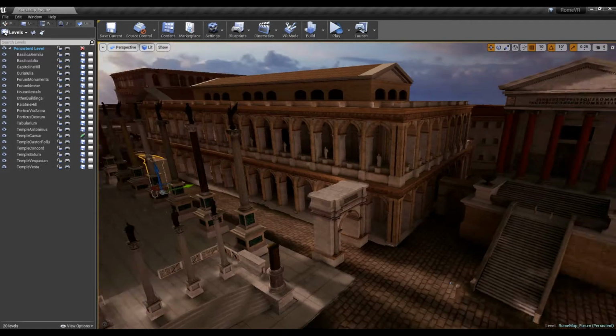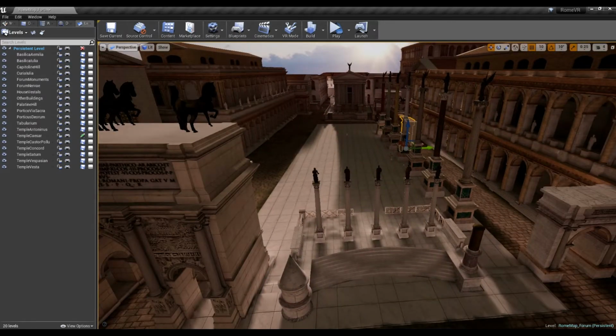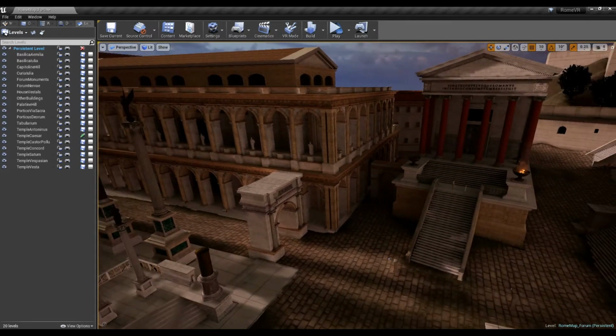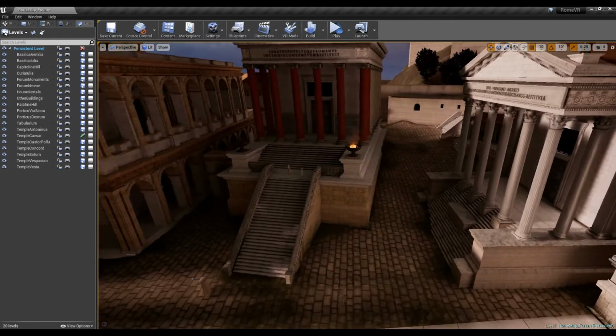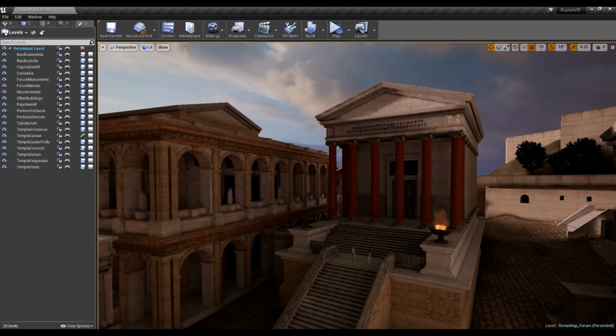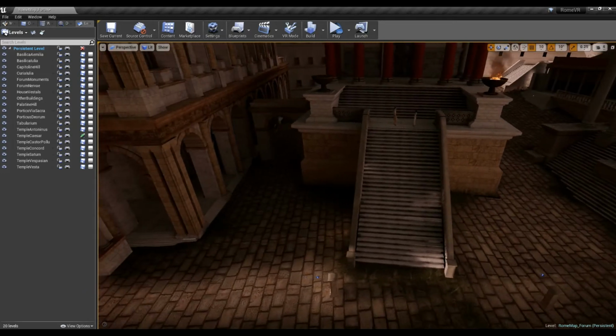Imagine that each building you are seeing right now is only one object in the scene. That greatly reduces the work the engine requires to process the scene you are seeing right now. So my first building for this new approach is the Temple of Saturn. This is the temple, and the